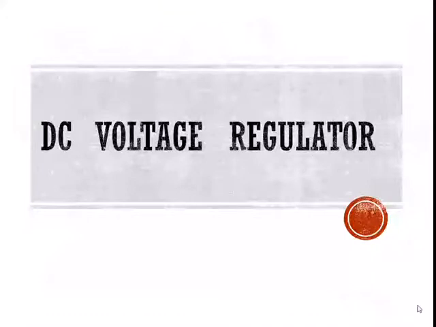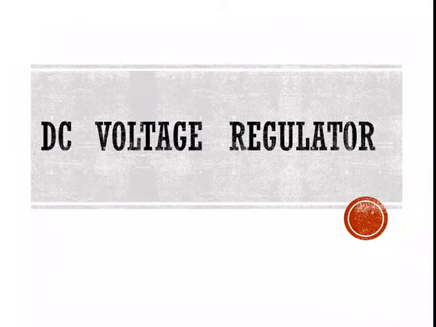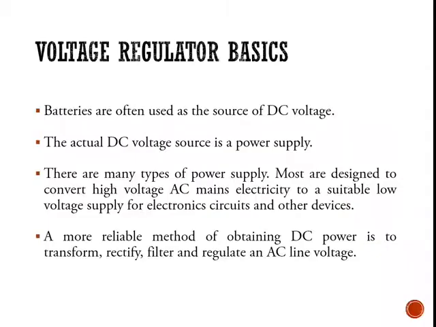We'll start with DC voltage regulator. Voltage regulator plays a very important role in powering the electronic circuitry. So usually your power supply is a DC voltage source, which we usually consider batteries for it. Now, this DC voltage is obtained from AC mains by means of rectification process.